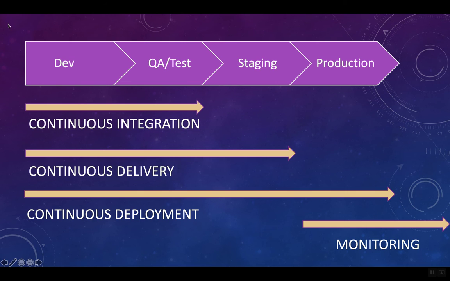Then comes the continuous delivery. You keep on deploying that code on your dev environments, on your test environments, and this can also move up to your staging or pre-production environment. Your staging or pre-production environment is basically nothing but a clone of your production environment, but is not open to the end users. So anything that gets deployed or delivered on the staging environment can be tested by your testers or by the automated tests, and can be validated for correctness.